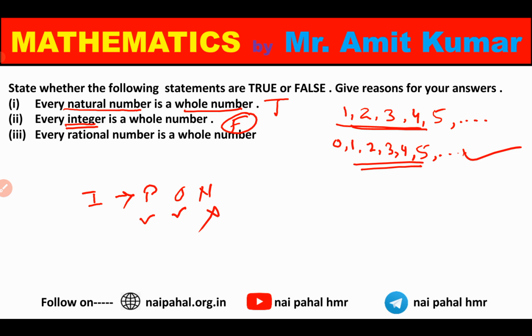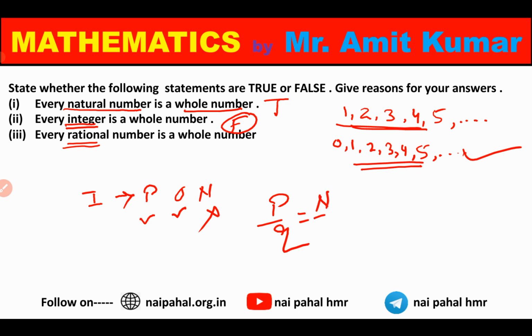Let's discuss the last part. Every rational number is a whole number. According to our question, now we should get the meaning of rational number. According to our first question, we know that a rational number can be written in the form p upon q, wherever